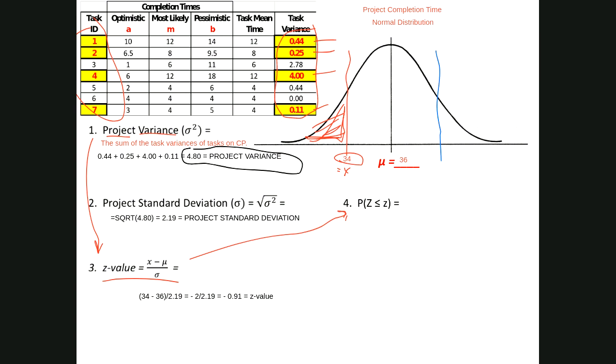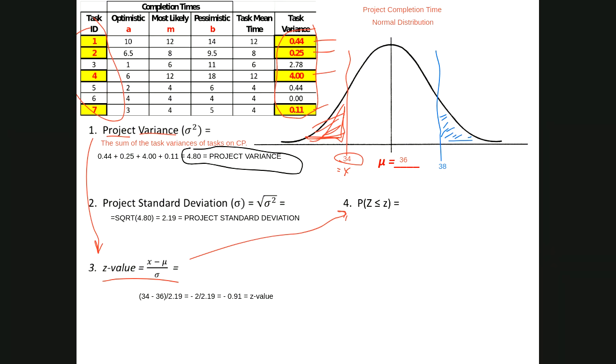If we went 2 units to the right, we would know that this blue area that's above 38 under the curve, because the normal distribution is symmetric, is the same as this red